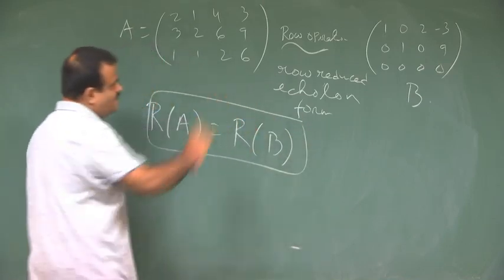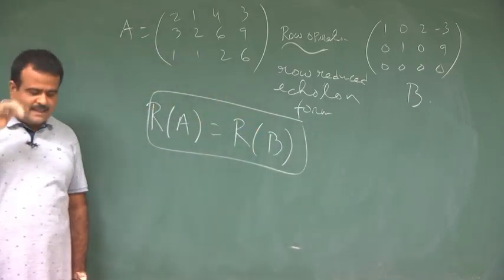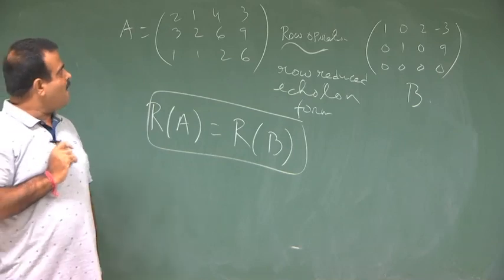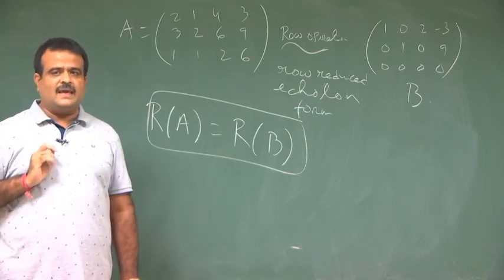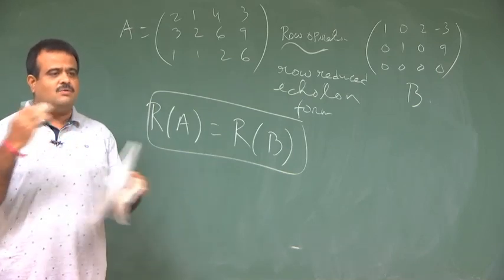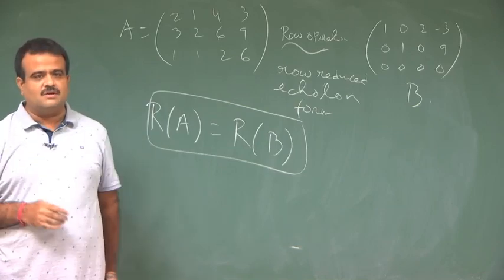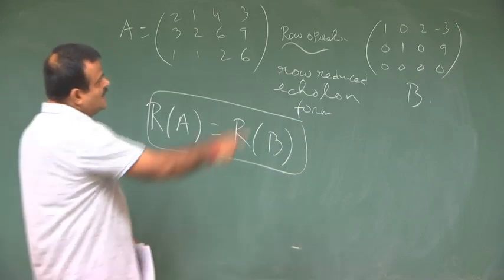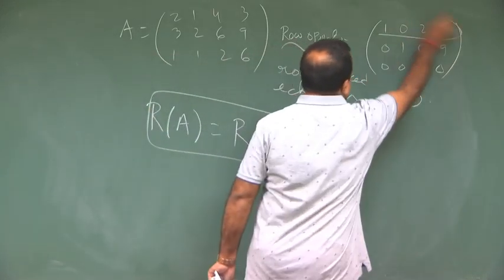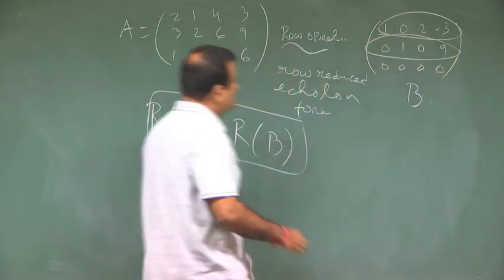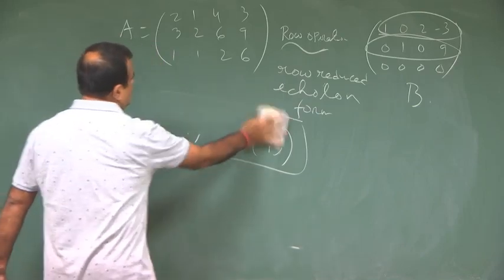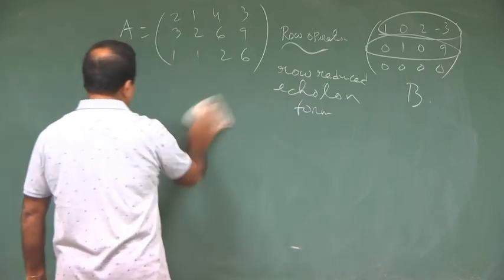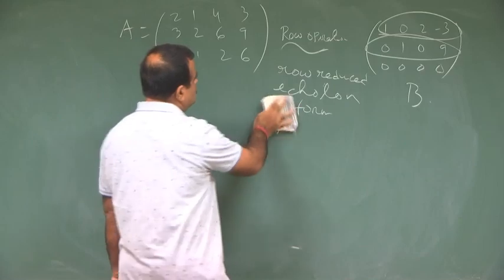because the matrix B we got by applying row operations on the rows of A, and a row operation is nothing but doing a linear combination of the rows. So, their linear span is the same, and these two are the only independent vectors in this space. So, the rank of this matrix is 2. Now this is the row rank.